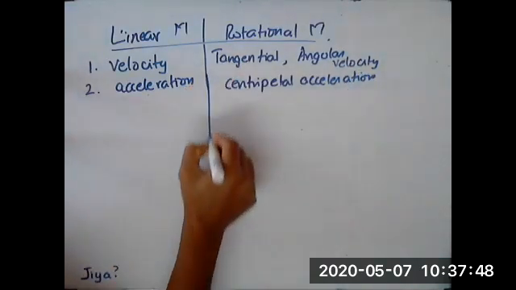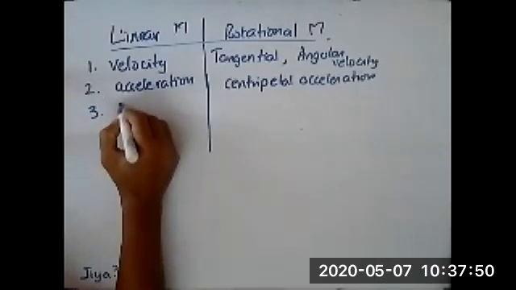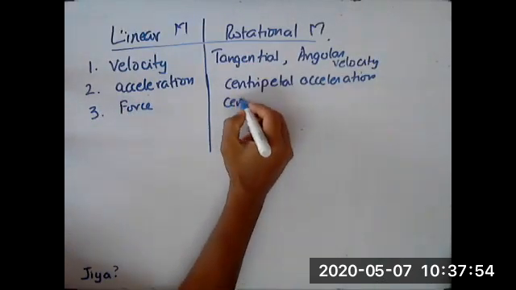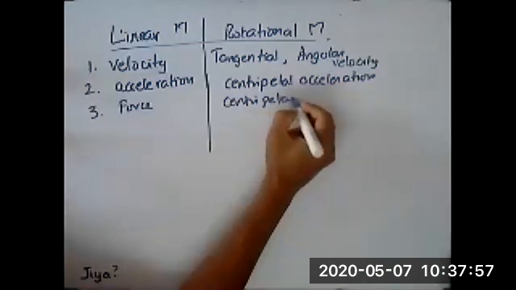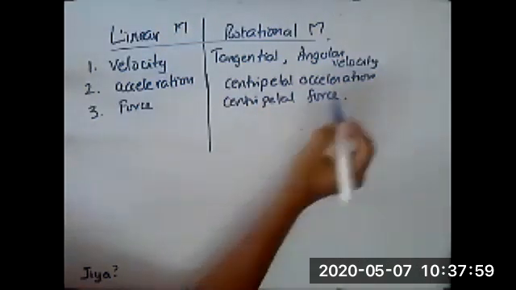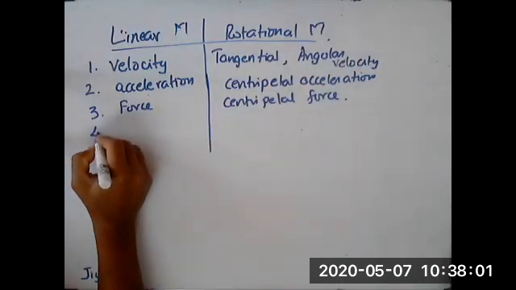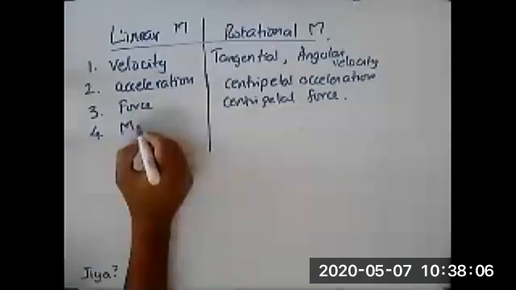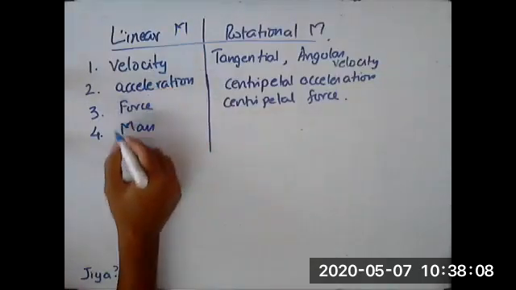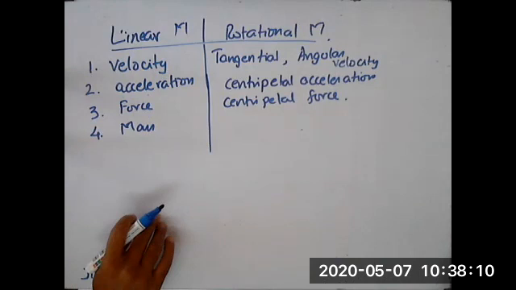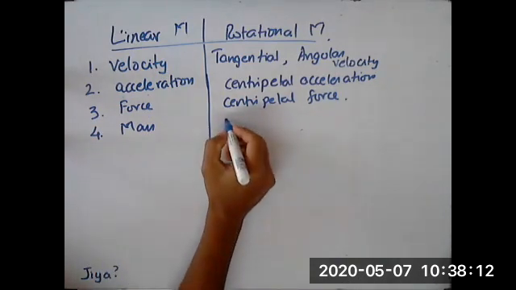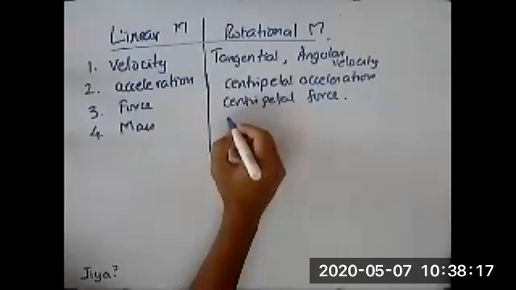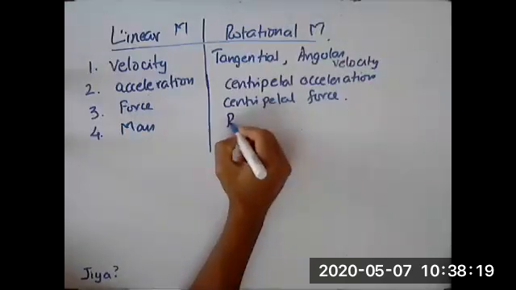What causes the acceleration in linear motion? A force. What causes centripetal acceleration? Centripetal force. There are equivalents for everything. And then the force creates an acceleration on an object with a certain mass. So there is a way to connect these three using the second law. Similarly, for rotational motion, the mass component equivalent is your rotational inertia.